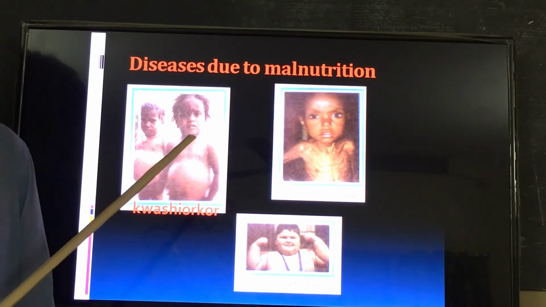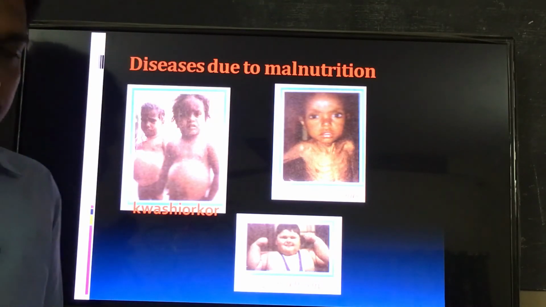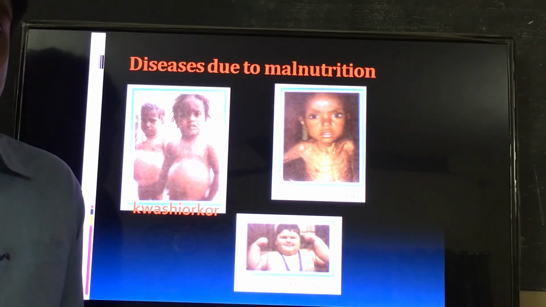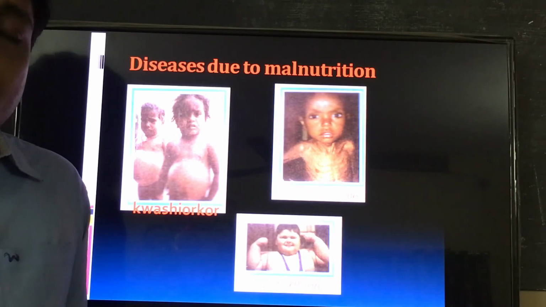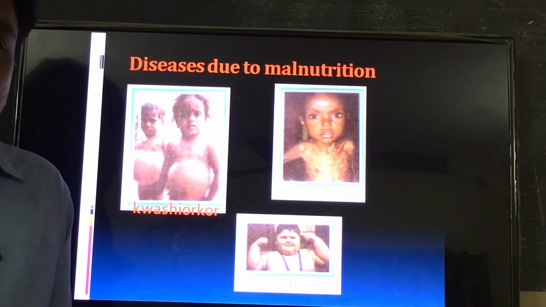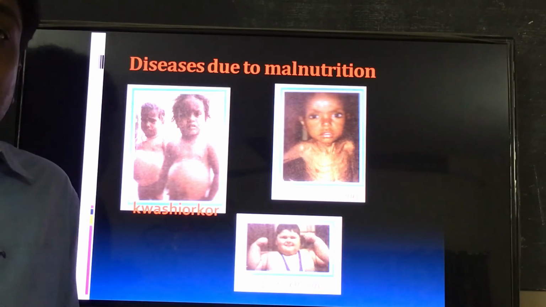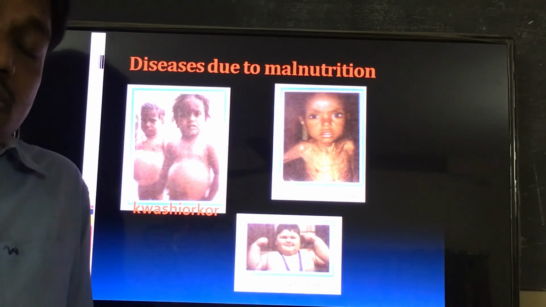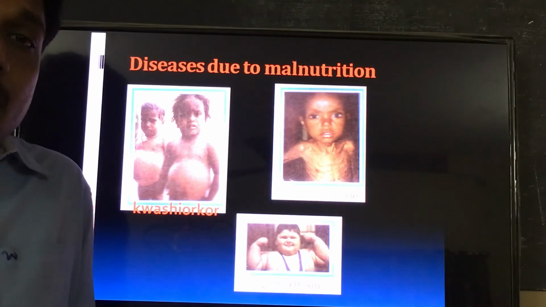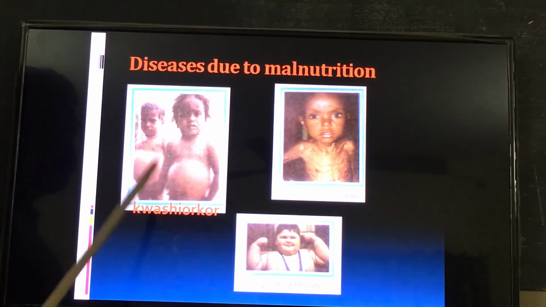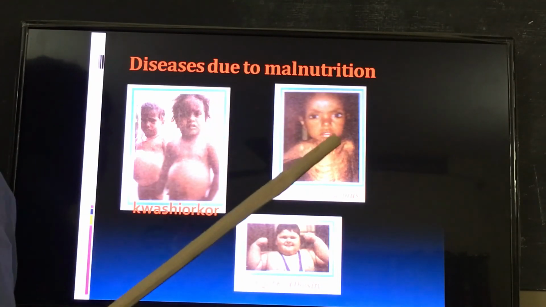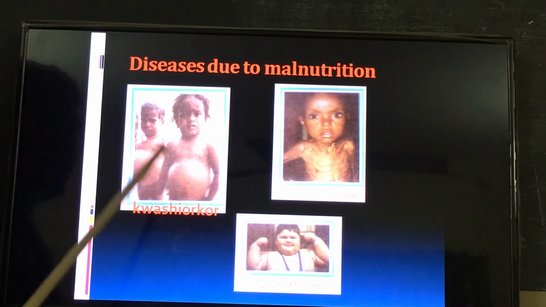It is protein malnutrition. Malnutrition is of 3 types: protein malnutrition, calorie malnutrition, protein calorie malnutrition. If the food does not contain protein, one may suffer with protein malnutrition. If the food does not contain calories, meaning energy giving food substances, one may suffer with calorie malnutrition. If the food does not contain both proteins and calories, one suffers with protein calorie malnutrition. Kwashiorkor is a disease due to protein malnutrition. Does milk contain proteins? Yes. So the child who does not take milk may suffer with kwashiorkor.